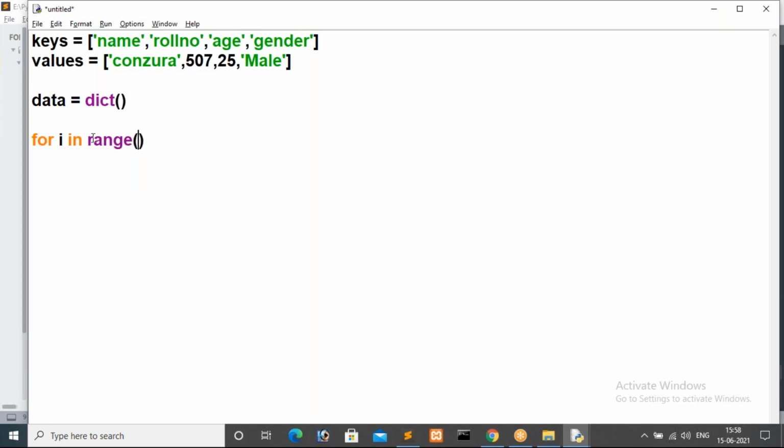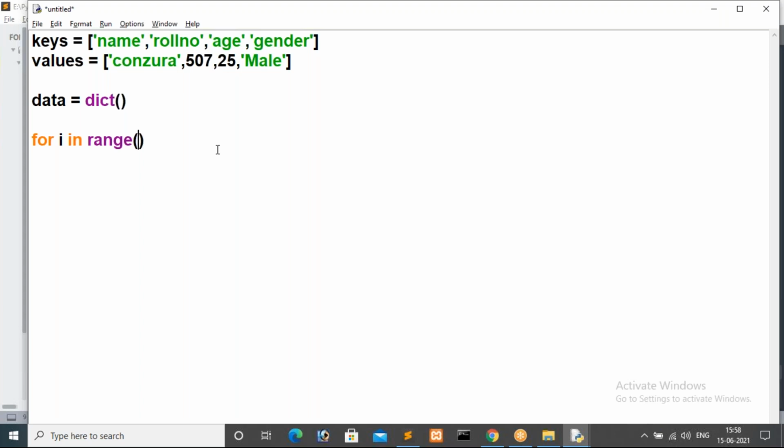Now I want to get index positions, and based on the index positions I want to make it. From keys, the zeroth position value becomes the key. From values, the zeroth position value becomes the value for that key. Then from keys the first position value, that is the roll number, becomes a key, and from values the first position value becomes the value for that roll number. For that reason I'm going to iterate a loop.